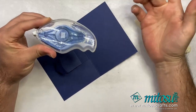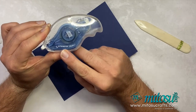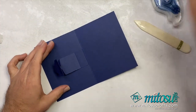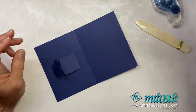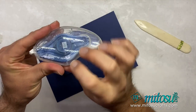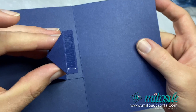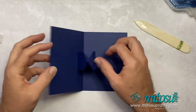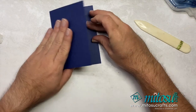This is a bit like what I just mentioned a moment ago with your red tape. So this is our version of it, the Stampin' Seal Plus. It's designed more for construction, so it's a stronger tape than your regular Stampin' Seal. So if you're looking for a construction tape, go with a Stampin' Seal Plus. I just find this is a little bit easier, so I just popped a little bit of the liner tape on this one. I'm going to then bring this over and then have everything down